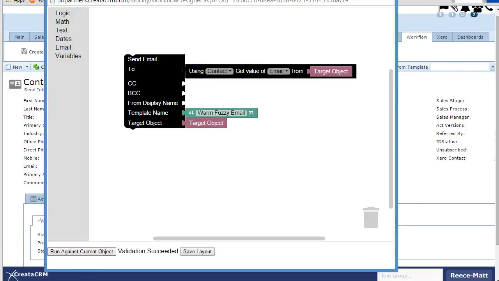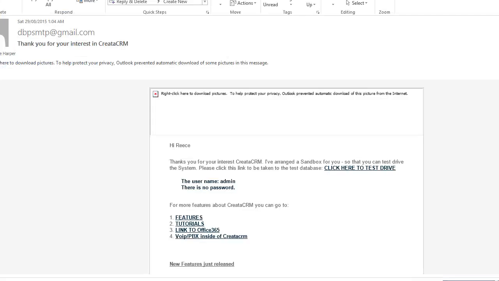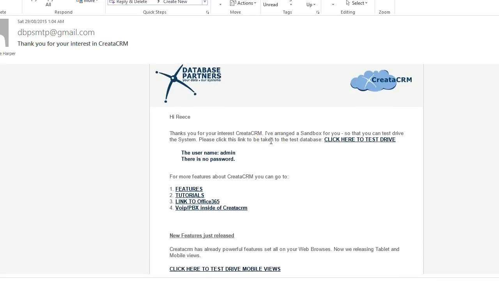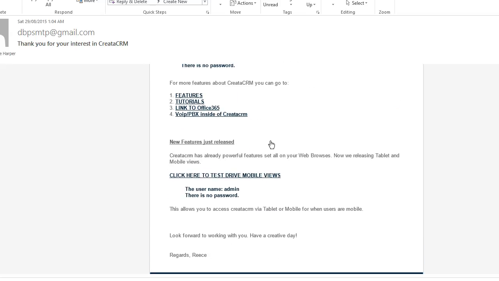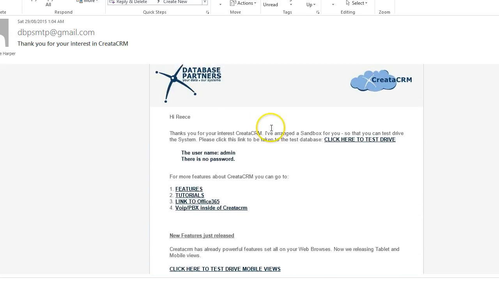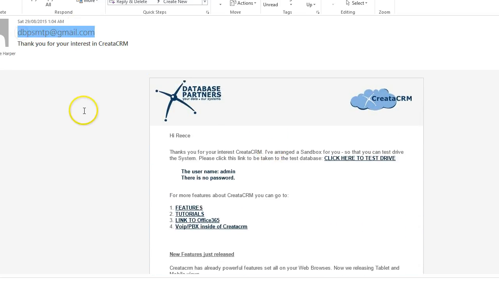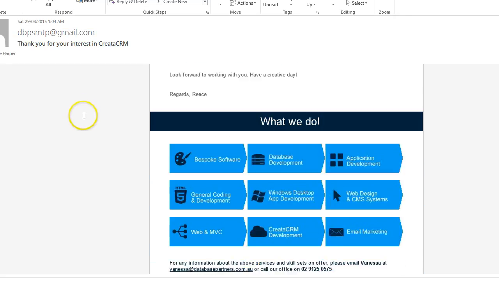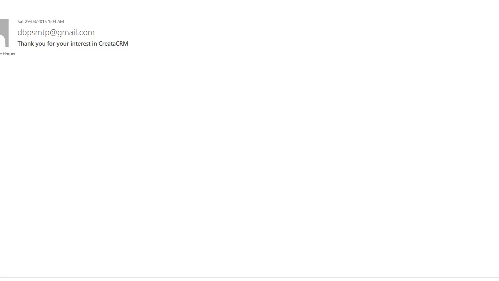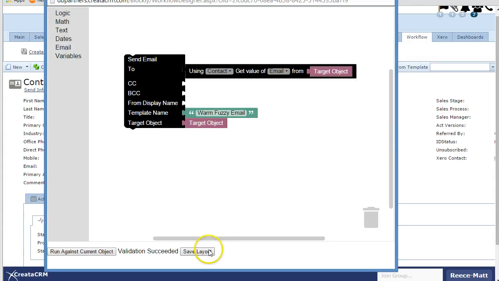Yep, and it's finally arrived. I click on here, and what we have is an email template that we've designed in Creator. Beautiful looking email with the click-throughs and so forth here. So that's just gone through just a local SMTP account. We just use Google, but you can use your own SMTP account or the Creator account, which gives you traction. So simple as that. So once we have designed that, we're just going to save that again, close that,